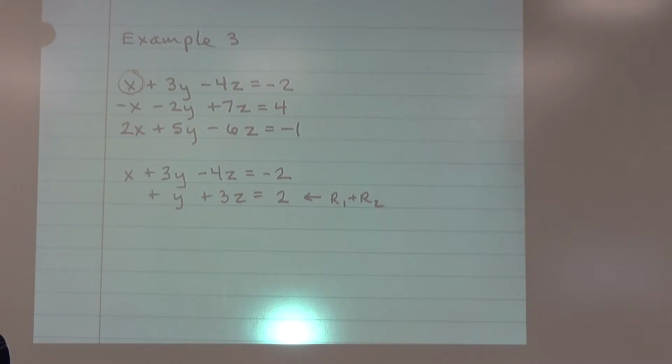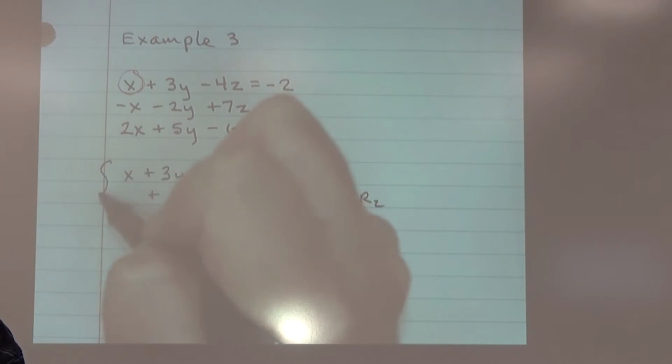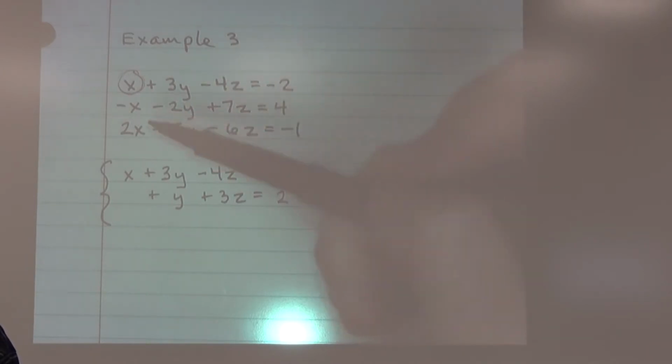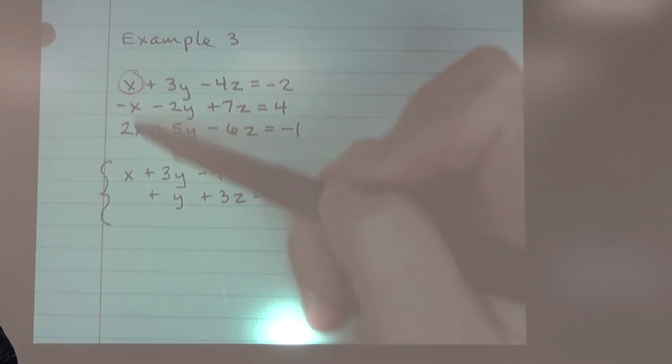Now I want to do something similar and eliminate the 2x also. I need to do the same operation. Within one step, I can't do two different row operations, but I can do the same row operation, which is row operation 3. I want to multiply this by negative 2 and add to that, because then negative 2x plus 2x is gone. So I'm going to multiply the top equation by negative 2 and add it to the